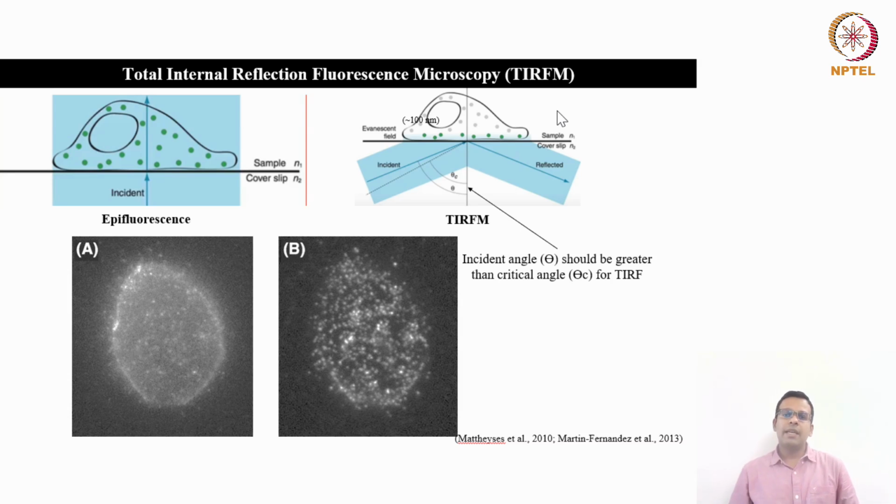Let's say if you want to see something in the cell nucleus, you should not use TIRF, because the nucleus is much inside the cell, and even by TIRF illumination you cannot illuminate the molecules which are present in the nucleus. So this method is good for studying membrane associated processes or membrane bound proteins, but not good for studying anything which is intracellular or which takes place in the nucleus or in the deeper area of the cell. Okay, so below you can see two images for the same cell. This image is taken by the epifluorescence mode and this image is taken by the TIRF mode.